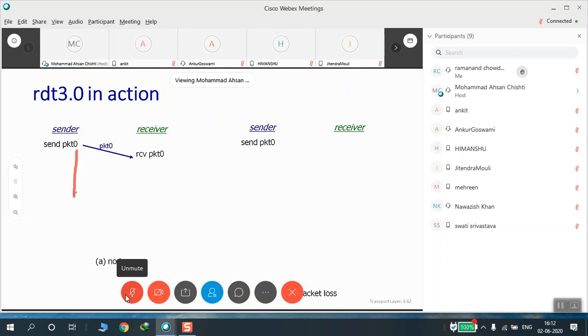During this time, the sender is doing nothing. Then what is it doing? It is waiting for the acknowledgement. The receiver prepares an acknowledgement and sends it back. It's ACK 0, that is the acknowledgement for packet number 0. The sender receives back acknowledgement 0, right? After it has received this acknowledgement, the sender sends the next packet.